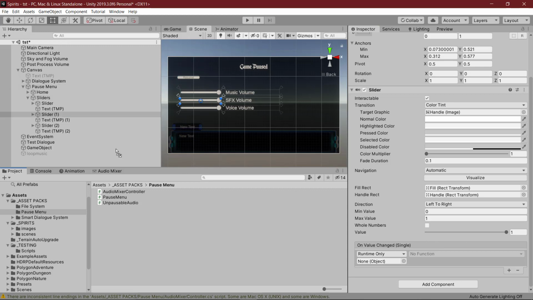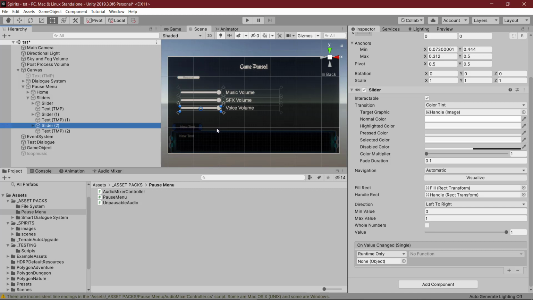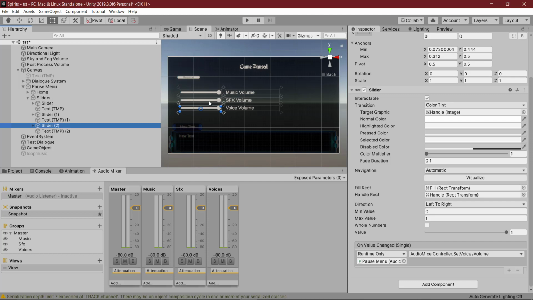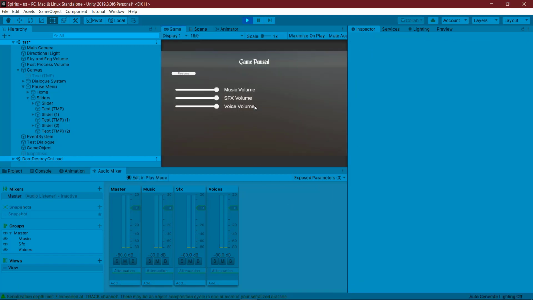So then I'll move into this one, grab that pause menu. This is for the sound effects, so I'll set the sound effects volume. And the last one for the voices, I'm going to do the same thing, but then reference the set voice volume. So that's going to move our values up and down, and just so we can see that, I'm going to go ahead and enter Unity and start it up. So once I enter my pause menu, if I start dragging these, you'll notice that the values change on these